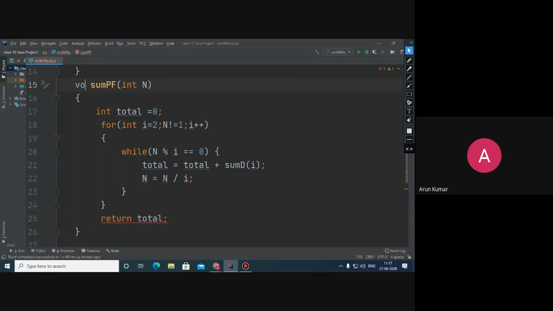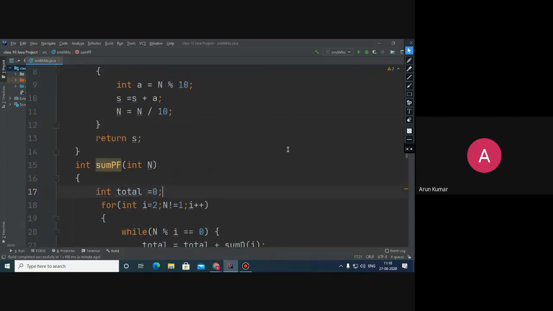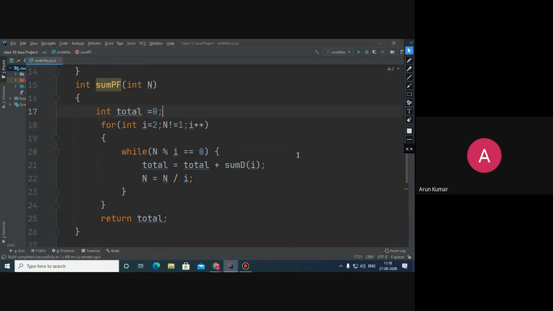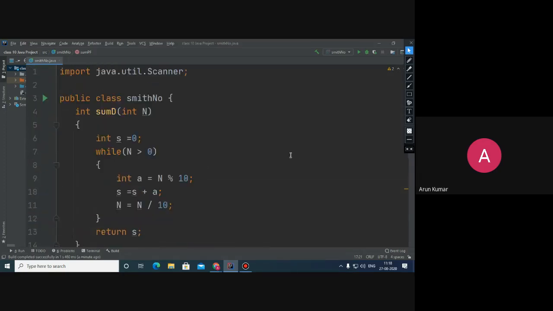And here the return type will be int. So if any query, then tell. This will calculate the sum of the prime factors and it will return.